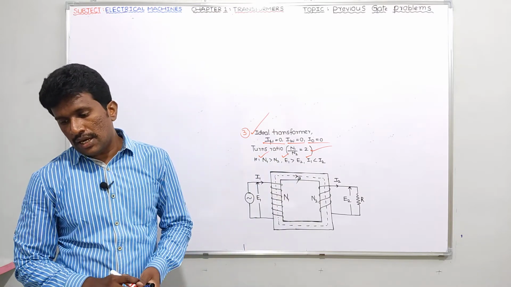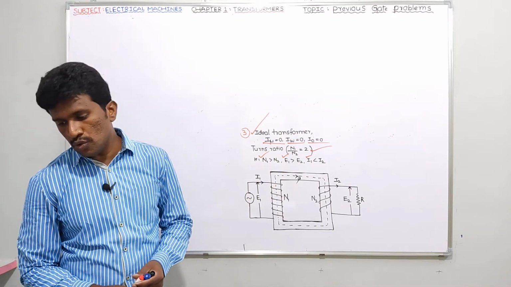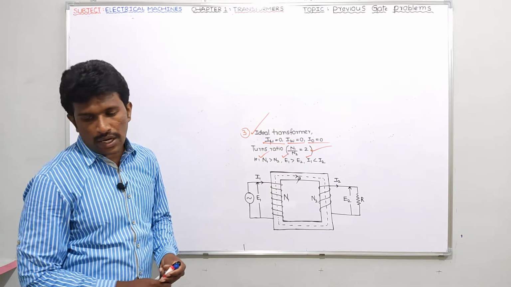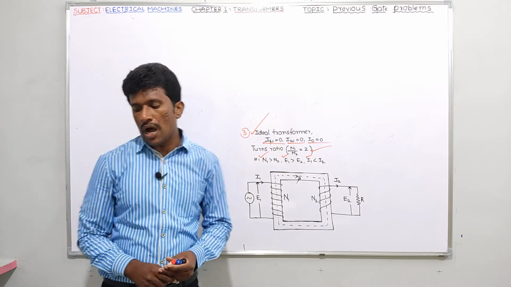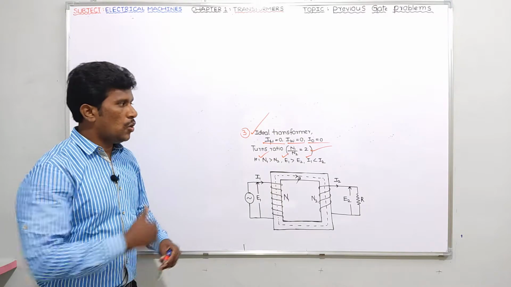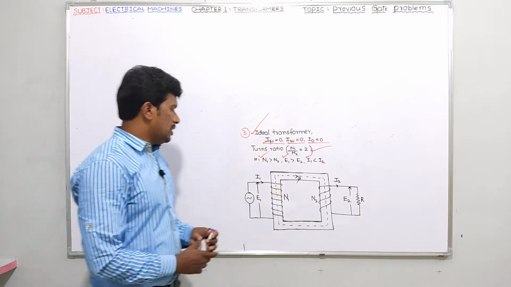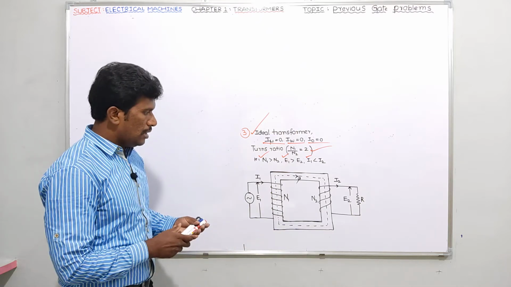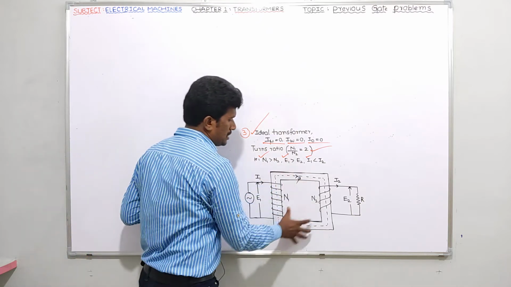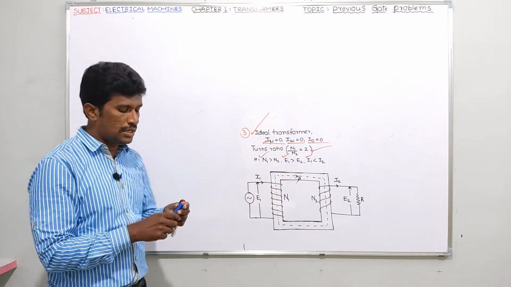The correct phasors of voltages E1, E2, currents I1, I2 and core flux phi are as shown in the figure. He has given options: option A, option B, option C, option D. So guys, do one thing. First of all, let me make some modifications for this question. I am not changing the direction of all this. I am simply saying.